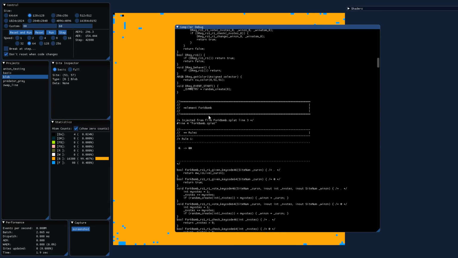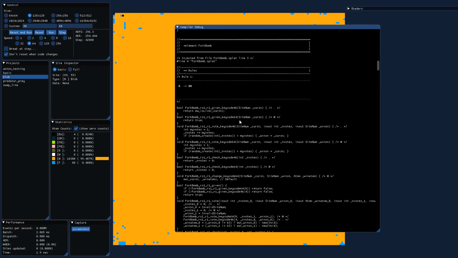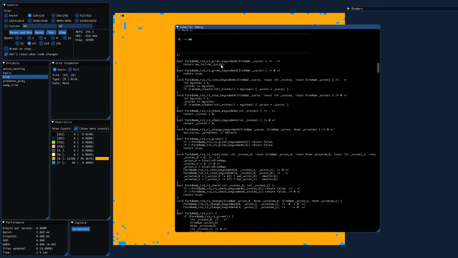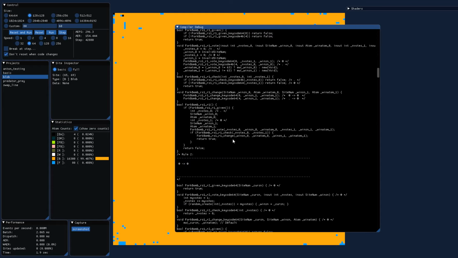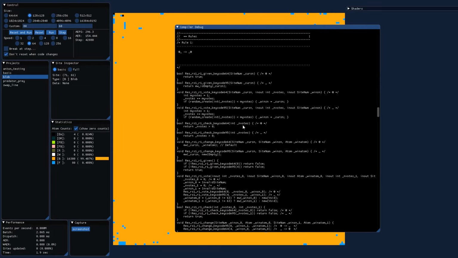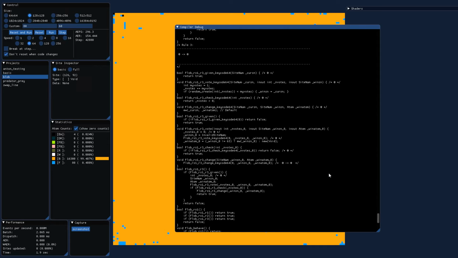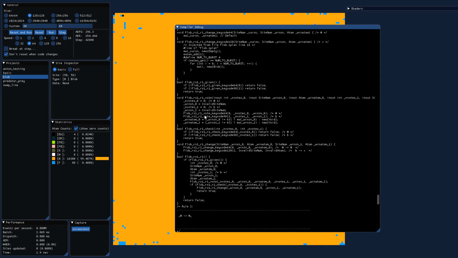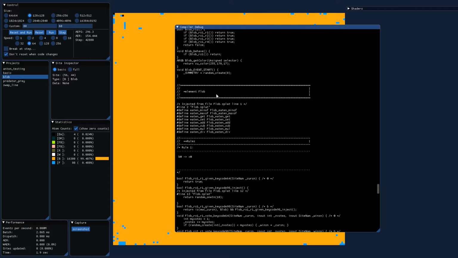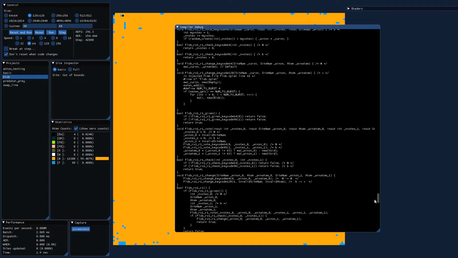But it's decently well commented, so if you have a look at fork bomb, for example, it'll tell you, hey, this is the rule. Here's the actual GLSL code that it generated for this rule. So it's readable if you know what you're looking for. All of the different functions and things will be in there. For example, the flob code that we were just working on, you can find it. There we go, element flob. It has some macros for the member functions. It has some, here's your injected code. It says injected from file, and so on. So you can read this stuff if you're interested,